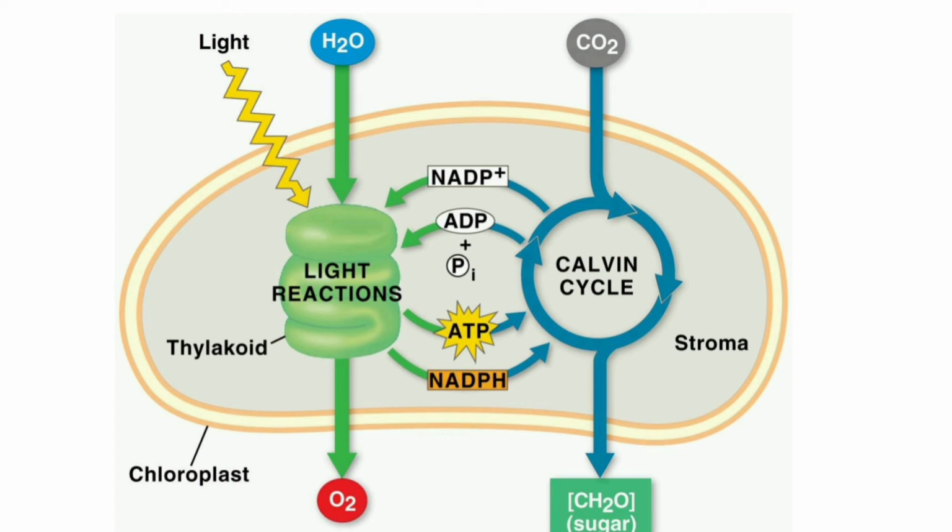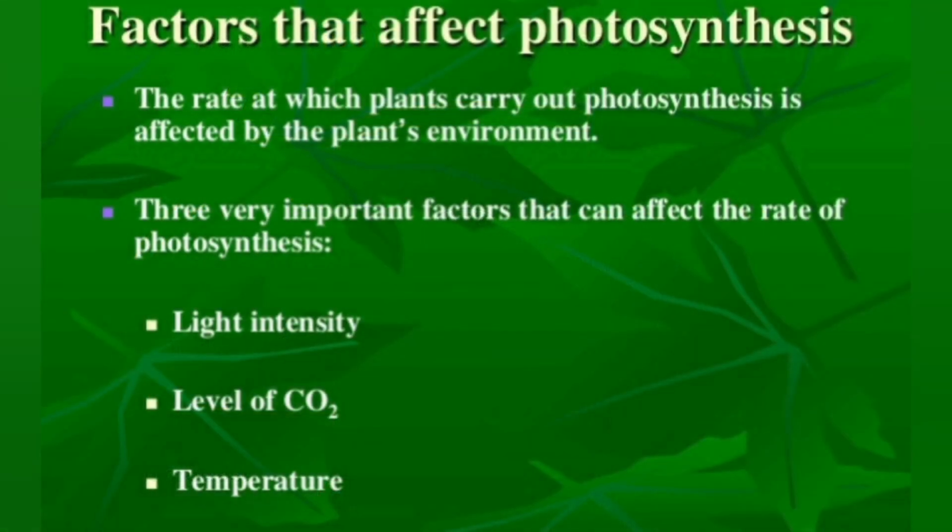So, my dear students, here we can see that photosynthesis occurs in two main steps, that is, two main types of reactions. Now, there are various factors that affect the photosynthesis rate. They are light intensity, quality of light, availability of carbon dioxide, availability of water, temperature, and pollution.